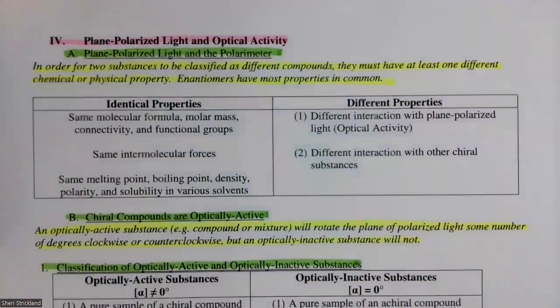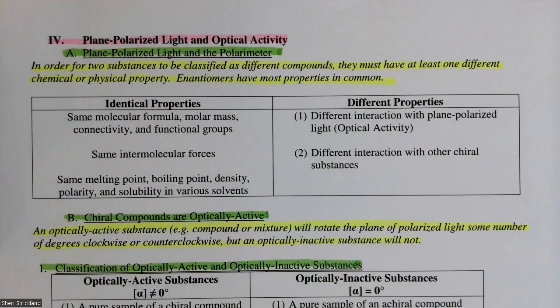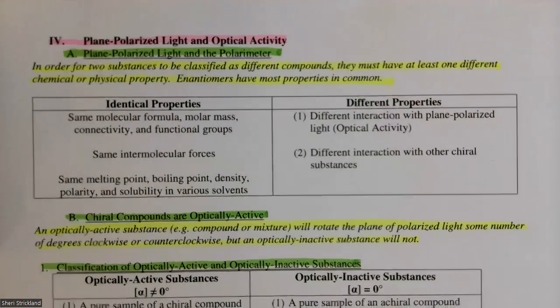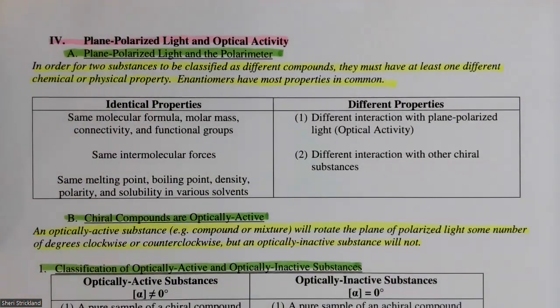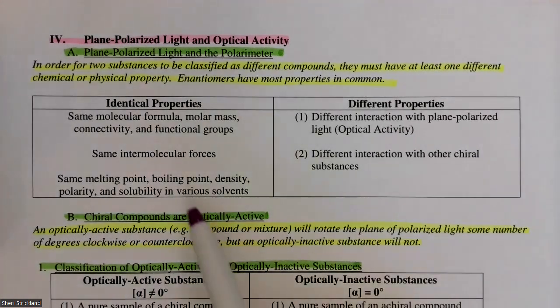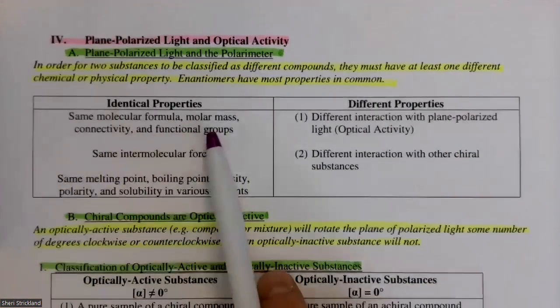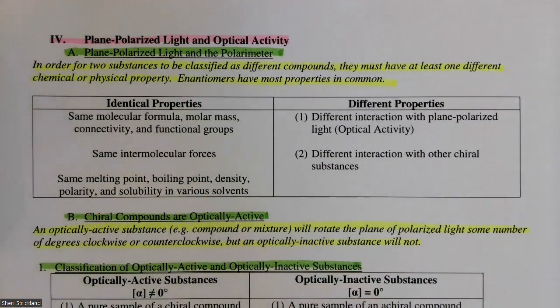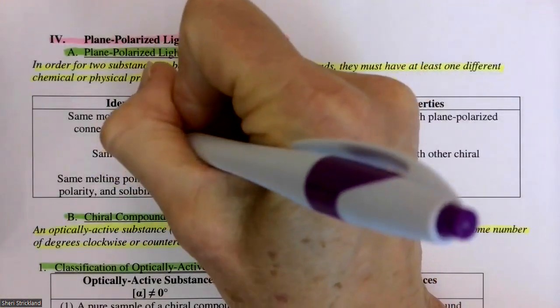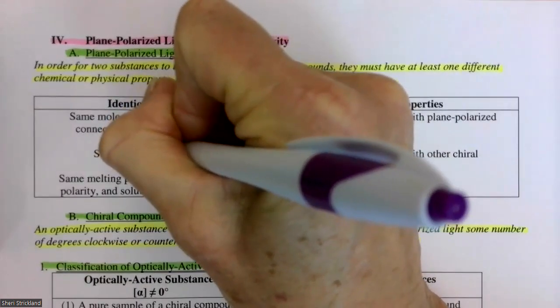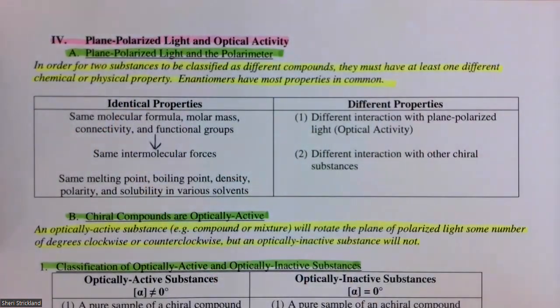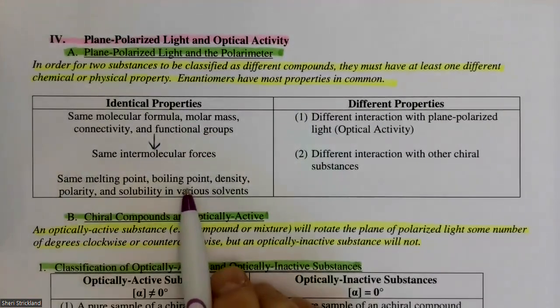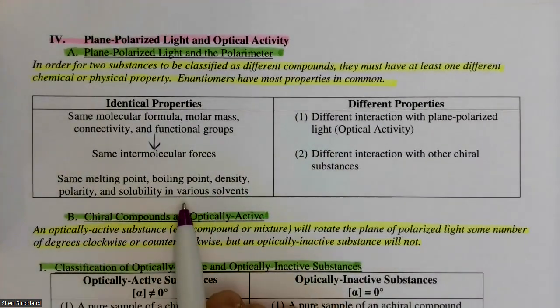So in order for two substances to be classified as different compounds, they have to have at least one different chemical or physical property. And enantiomers are compounds that have the most properties in common. The reason is that they have the same molecular formula, same molar mass, the same connectivity, the same functional groups. This gives them the same intermolecular forces. And because they have the same intermolecular forces, they have the same melting point, boiling point, density, polarity, and solubility